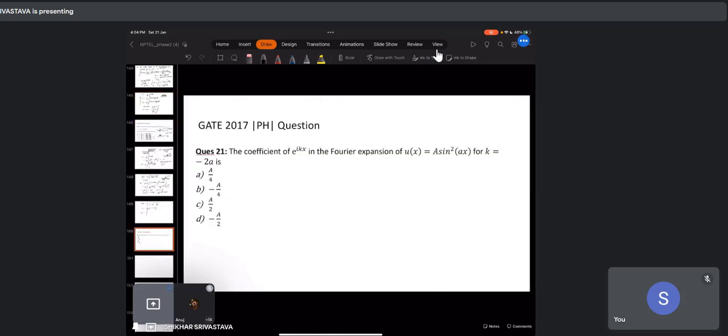Now another question. In the question it is written to find the coefficient of exponential ikx in the Fourier expansion of this function. This kind of question is a little tricky. You don't actually need to know Fourier series. You can just directly solve this. How to solve is that you can write this as